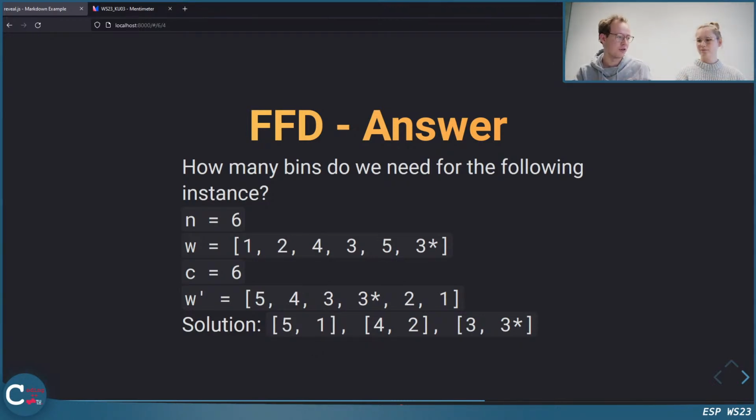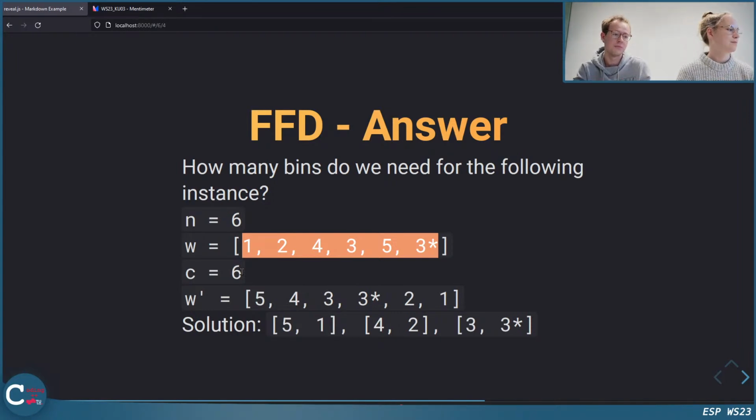One remark on those who said it would be possible to put it into 2 bins. This is not possible because if you sum over the weights of the items, then this is definitely larger than 12, and 12 is the maximum that can be put into 2 bins, so we definitely need 3 of them.